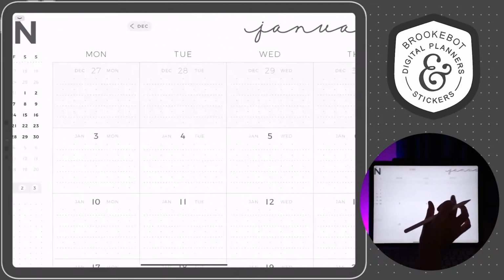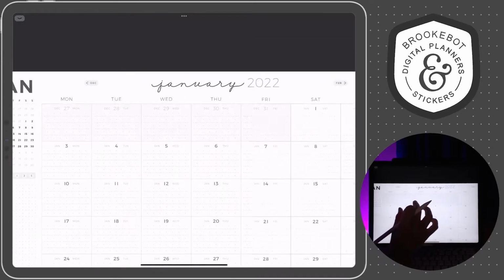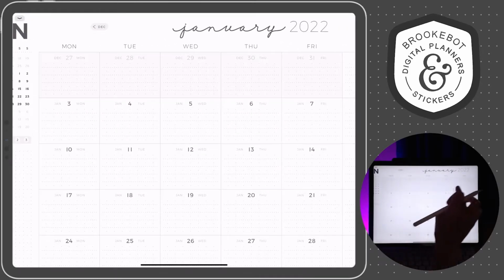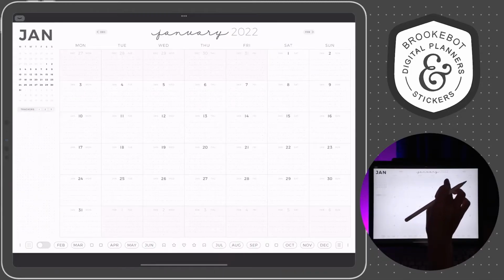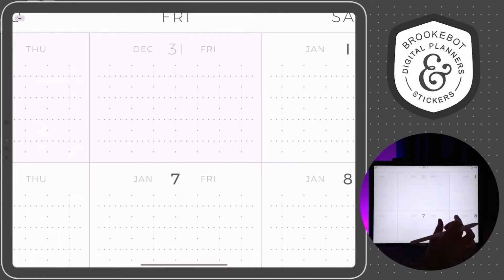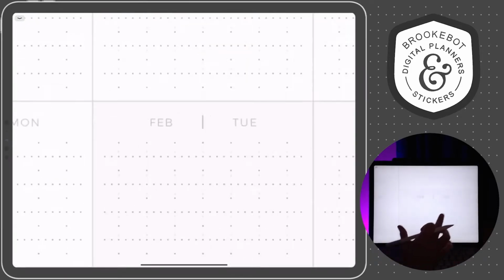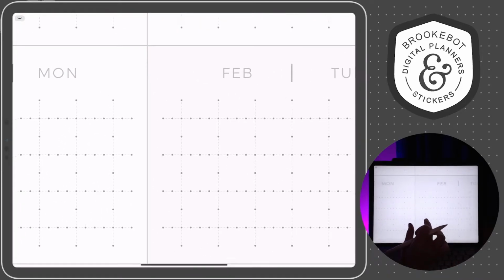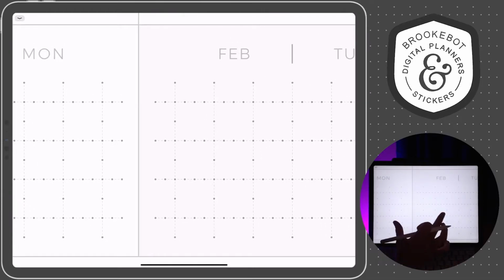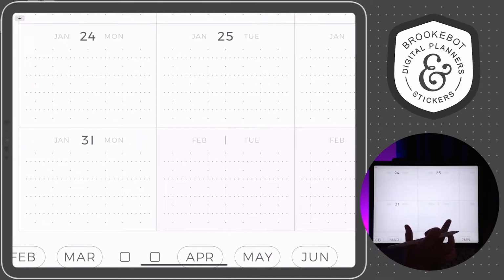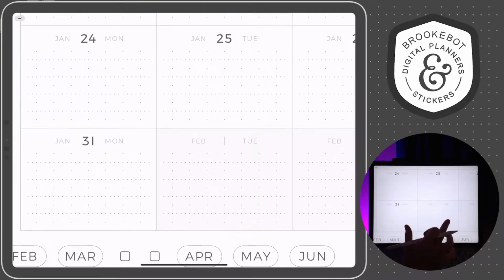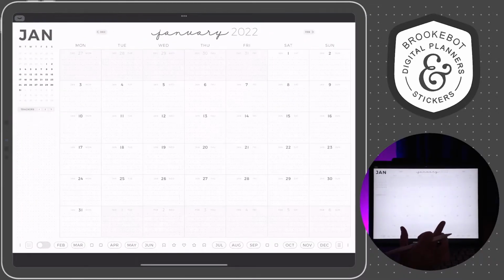So another new thing is that the dates that are not really relevant to this month, so like the dates for the previous month, are a little bit shaded at the beginning and the end of the month. If you can see the difference between the 2 boxes, it's very subtle, but that just helps you differentiate between what is this month and what is the previous month and what's the next month.